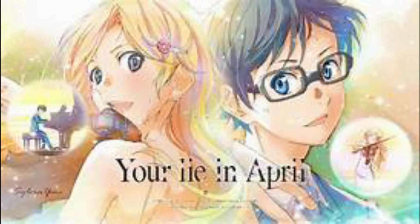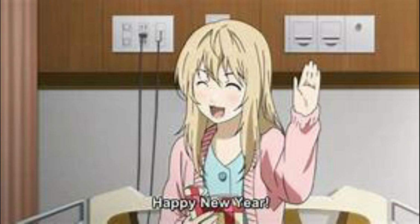For the muse, I was reminded of an anime called Your Lie in April, Shigatsu wa Kimi no Uso, where this horrible disease turns this lovely girl full of life and joy and all of that to this